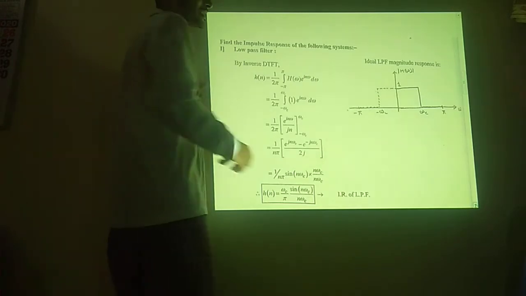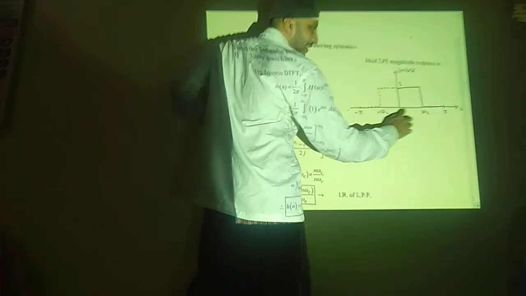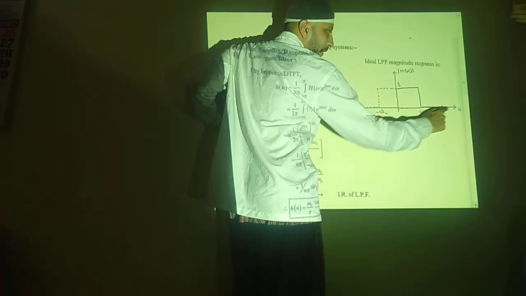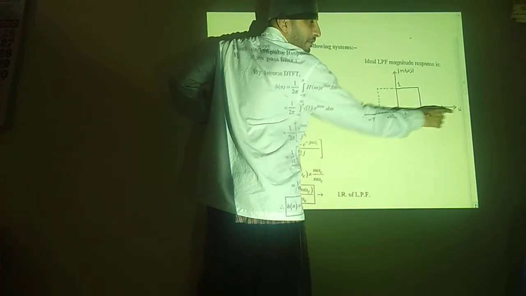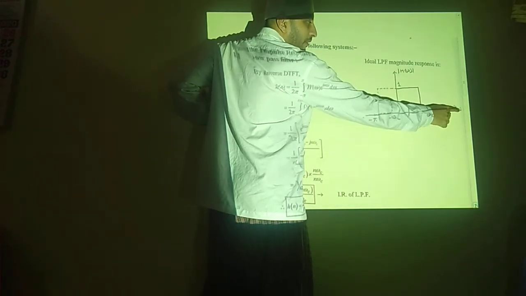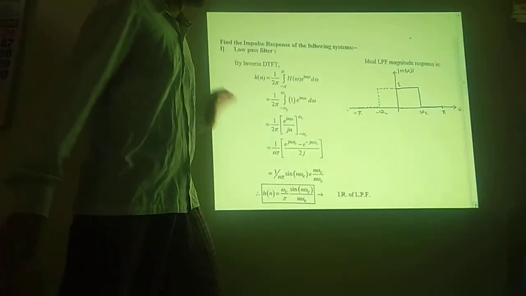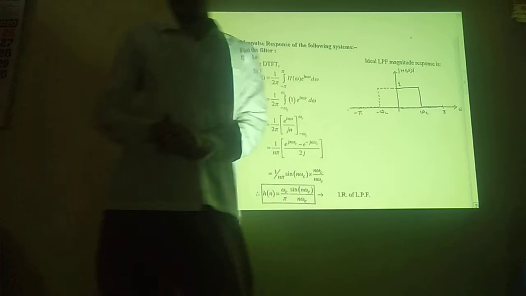The ideal response of a low pass filter: let us consider this is the x axis, this is the y axis. The ideal response of a low pass filter will go from the top up till the bottom, because this is high frequency. A low pass filter will allow only low frequency to pass. That's why it is called the low pass filter. It will allow only the low frequency to pass, from the range omega c to pi. Let us go on ahead.